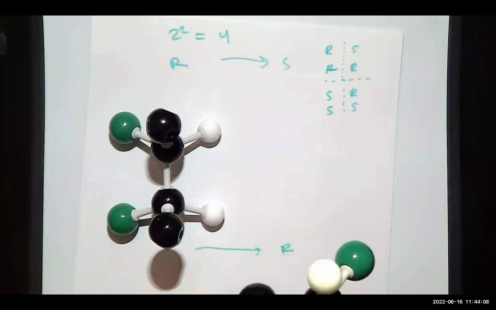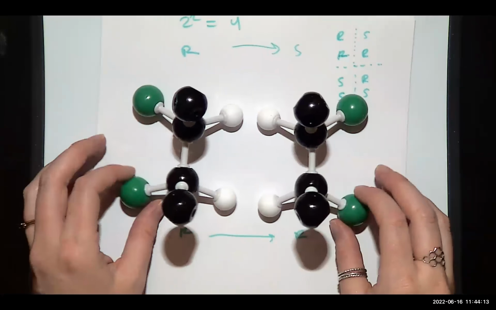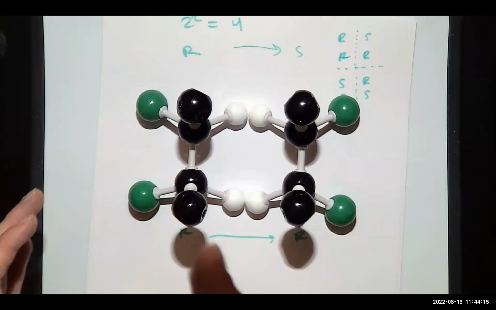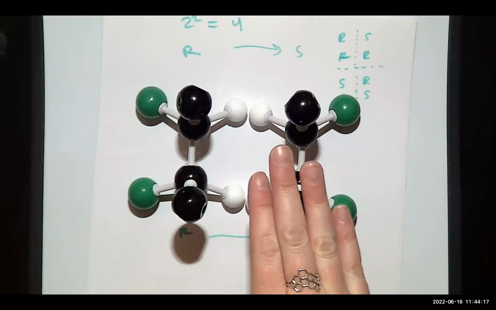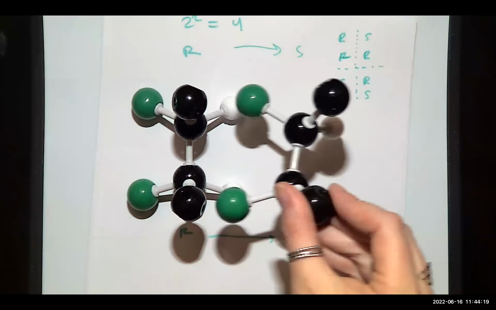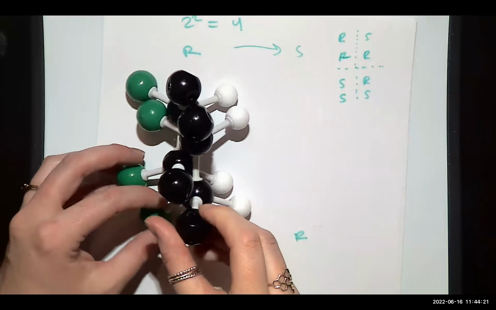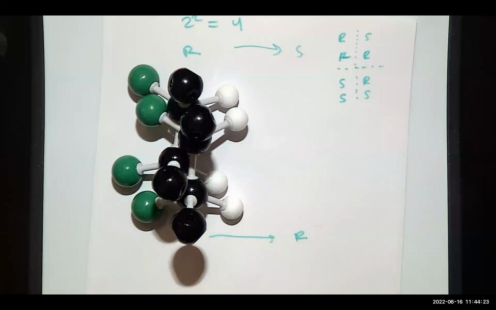Because if you reflected this and got the mirror image, you agree that this is the mirror image, it is superimposable. So even though there are two chiral centers,